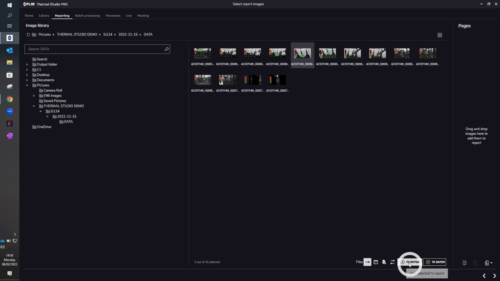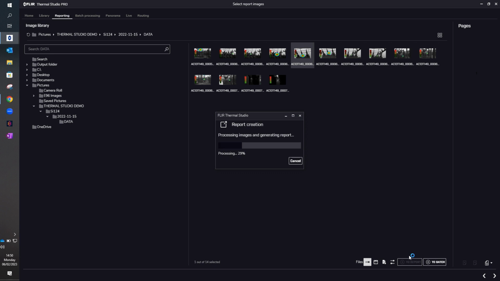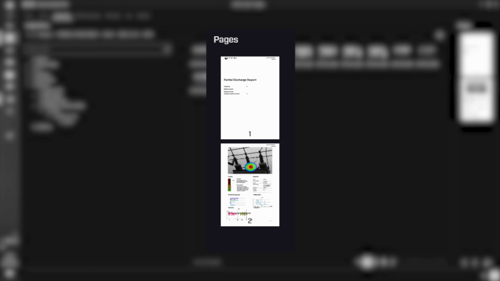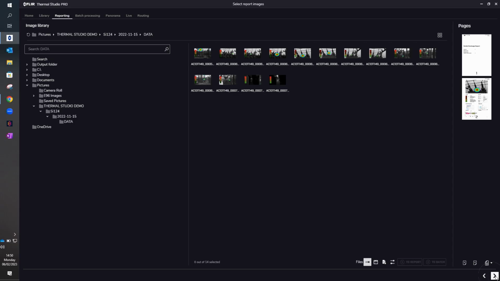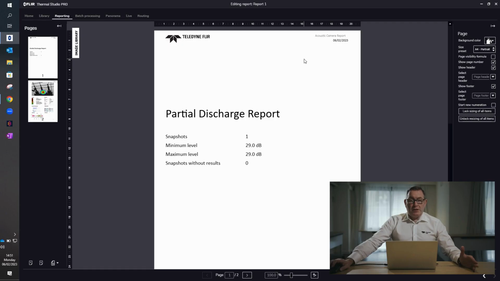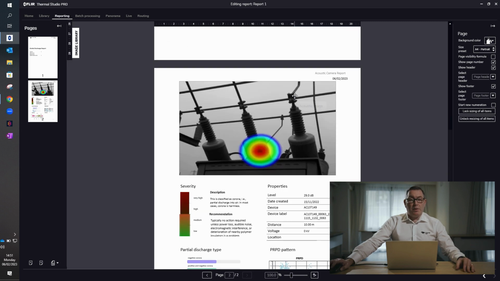I've selected the image, and I now go down to report, and we can see the report being generated in the background. The report will appear in the right hand column. To view the report, we simply select the right arrow at the bottom right hand corner of the page. So we've generated the report, and this is the title page which is automatically being produced. Again, when you're using generate your own template functions, you can include information such as your company logos or any other pertinent information. So we scroll down to the second page, which is where we're now seeing the acoustic image,